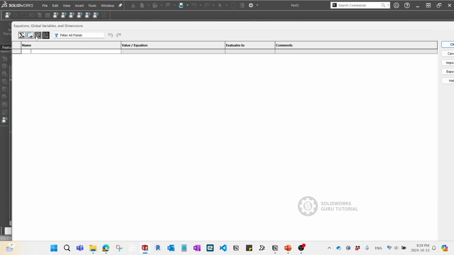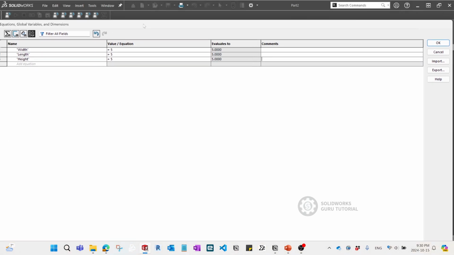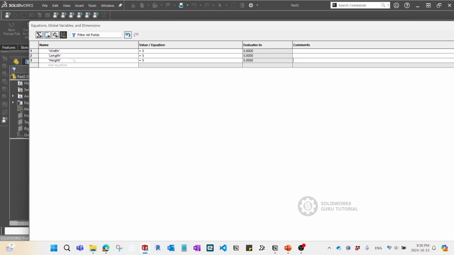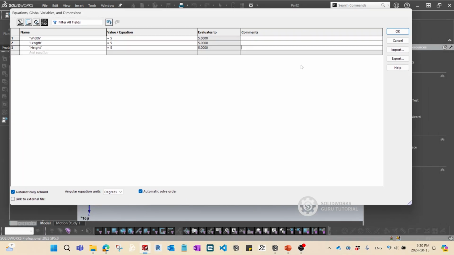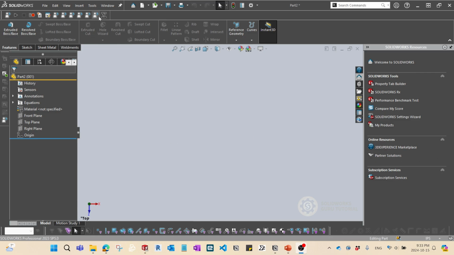Okay, so from here, I want you to create new variable names. I'm going to create a length, and type 5-inch, and then you can also type width and 5-inch, and the next one is height, 5-inch, okay. If you make it a little bit smaller, you'll be able to see the entire menu. So I'm going to click OK. Okay, so once you put the equations over here,